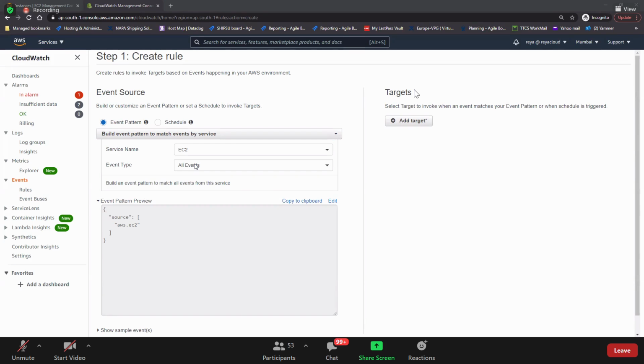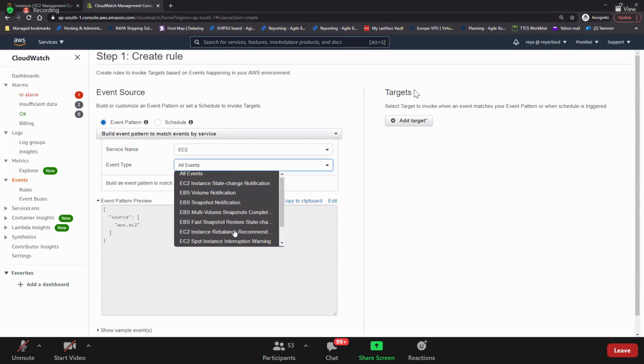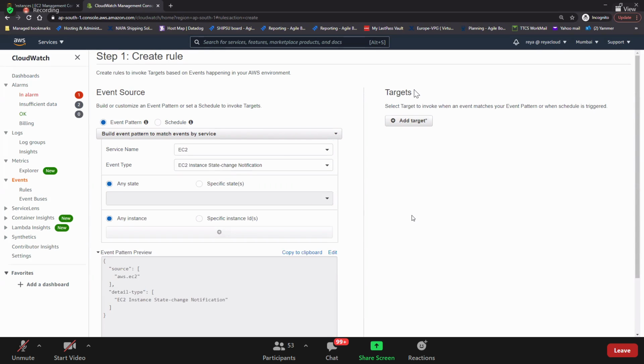If you need particular notifications, you have a list here. For example, I'll go for EC2 instance state change notification.